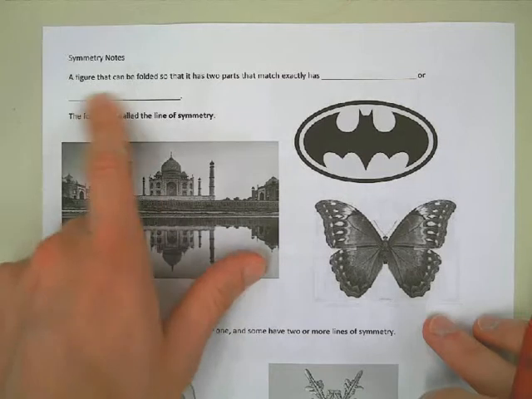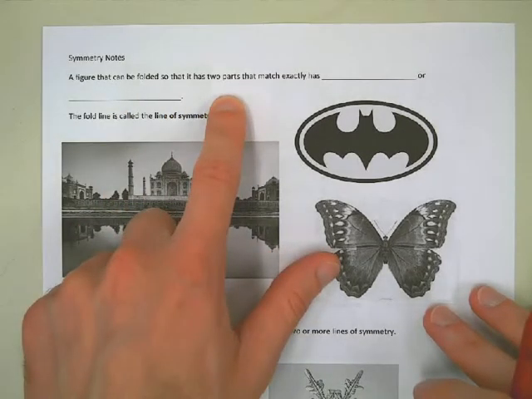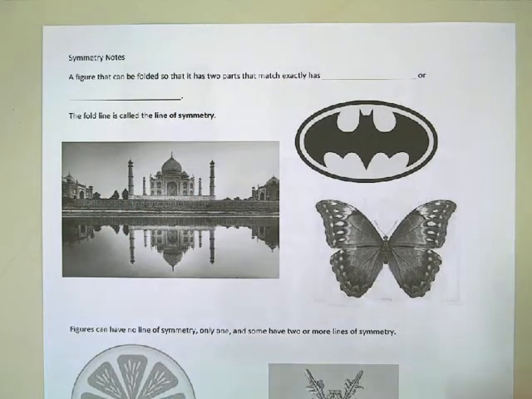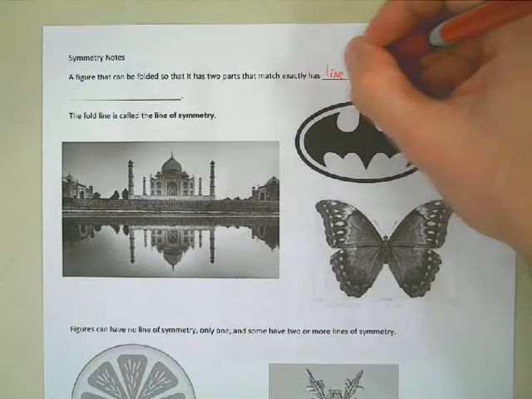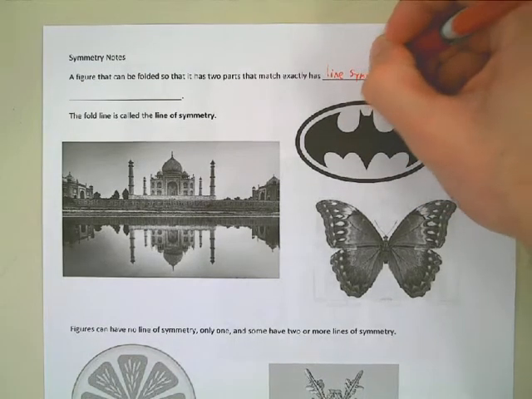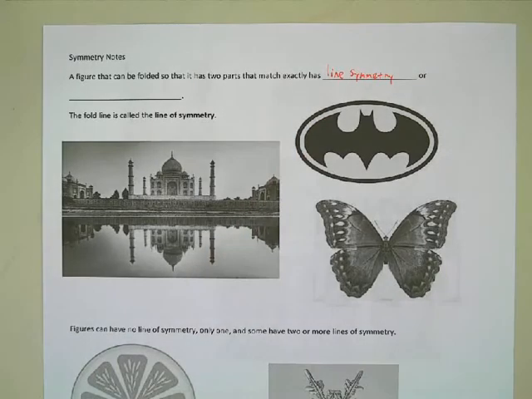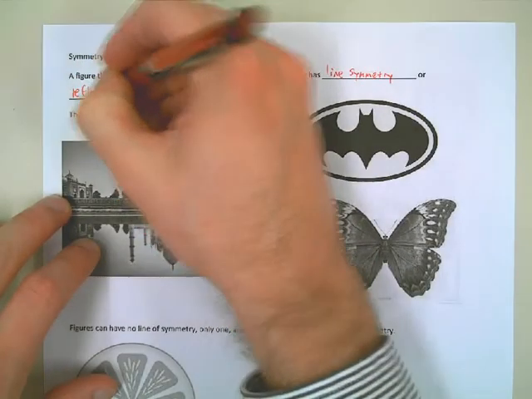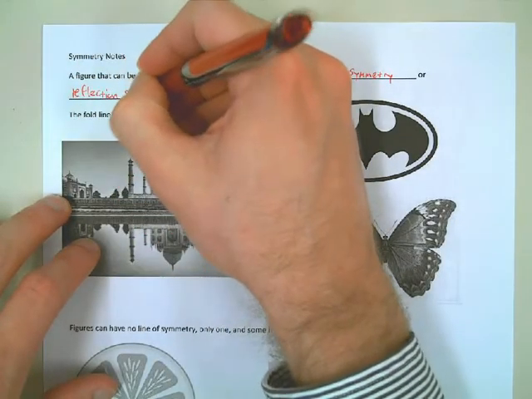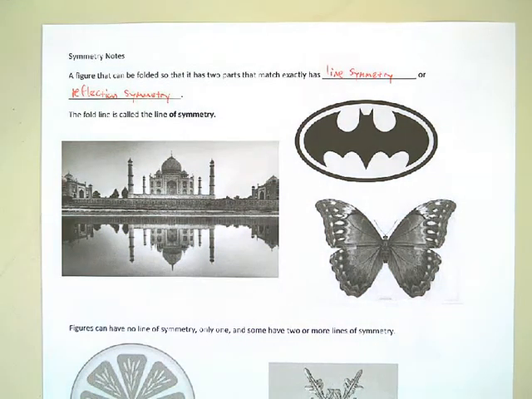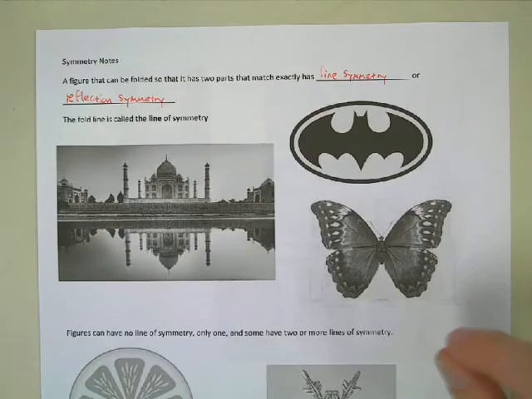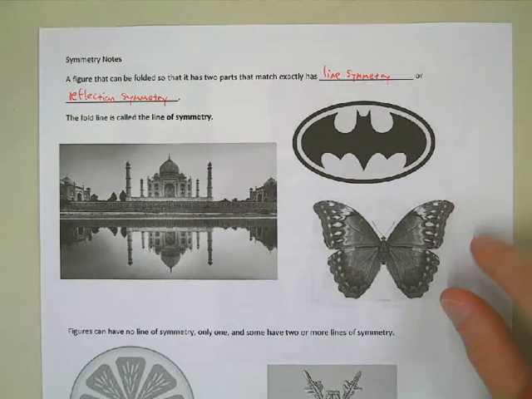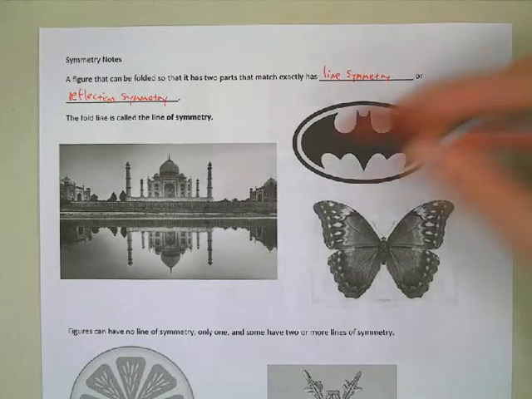A figure that can be folded so that it has two parts that match exactly has what we call line symmetry, or also known sometimes as reflection symmetry. The idea being that when you can fold something like that, you're kind of reflecting the object onto itself, okay? So looking at the Batman symbol right here,